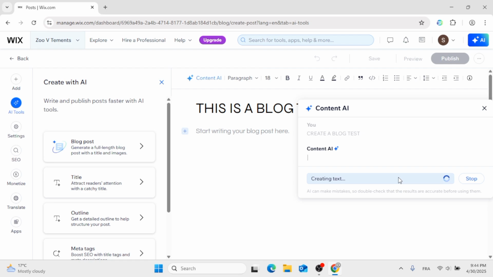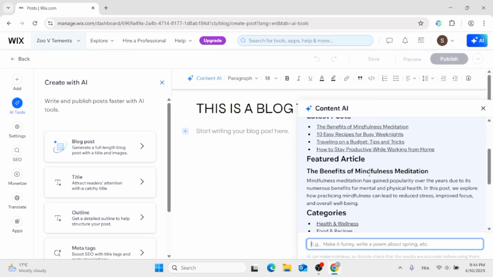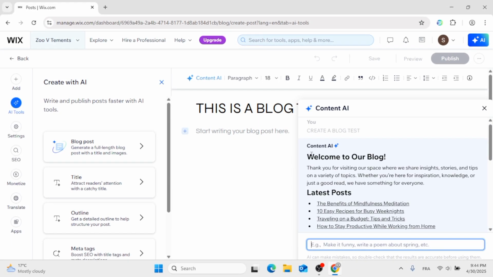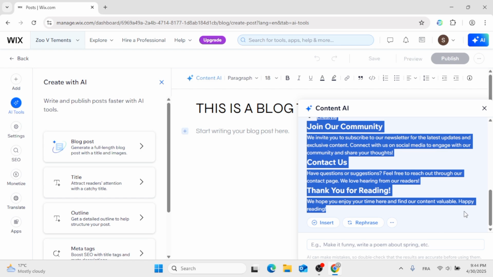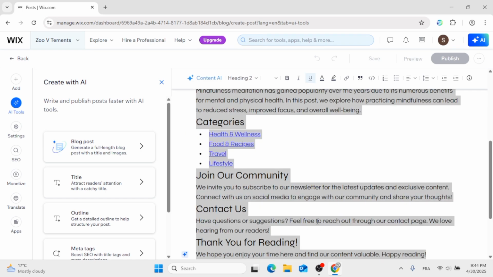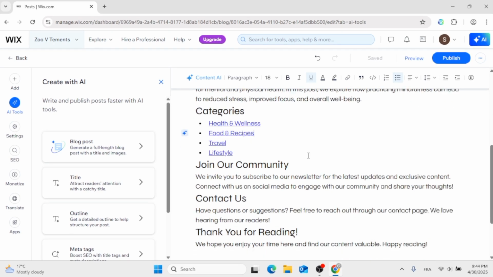So I just click on create a text or create a blog, then just give it a moment so it can create for you. And now as you can see, this is the blog all ready for you. You can copy the ones you like and paste them, or you can also just go ahead, click on insert. As you can see, that is located at the bottom. Click on it, and then your blog is now inserted, all by AI, fast to do as you can see,